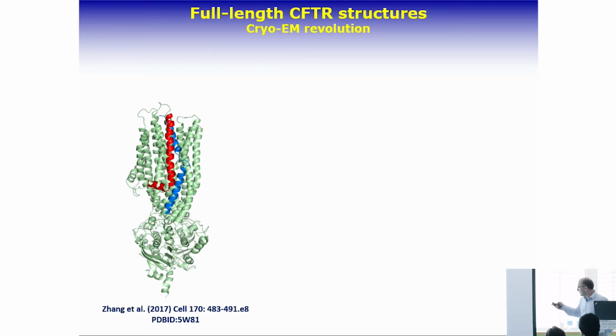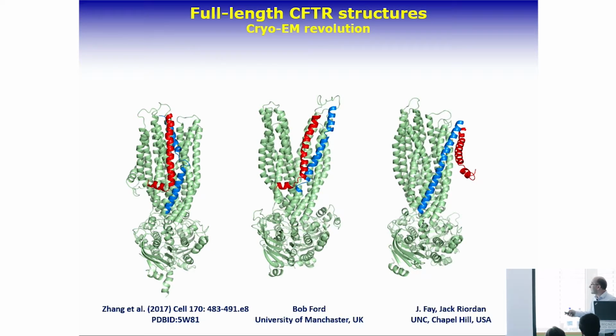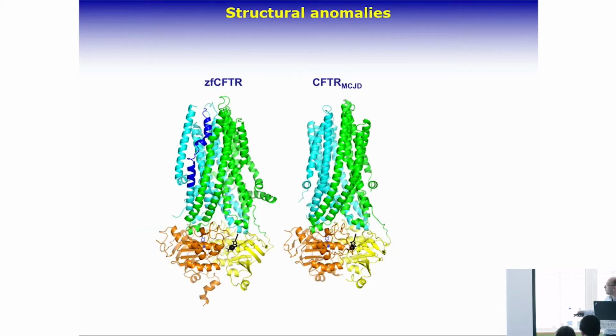On the other hand, what I can show you is that there are also unpublished structures for the same protein in the same state, but there are serious differences. So because of the serious differences, you don't really know which one to use, and there are a couple of problems. What is the problem? The problem is that this is an active chloride channel, but you don't see a pathway, a hole through the protein where a chloride ion can go through.